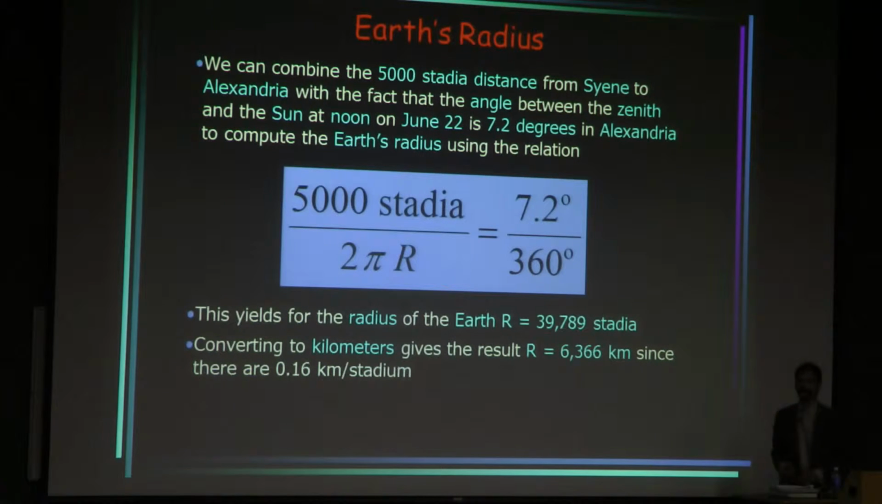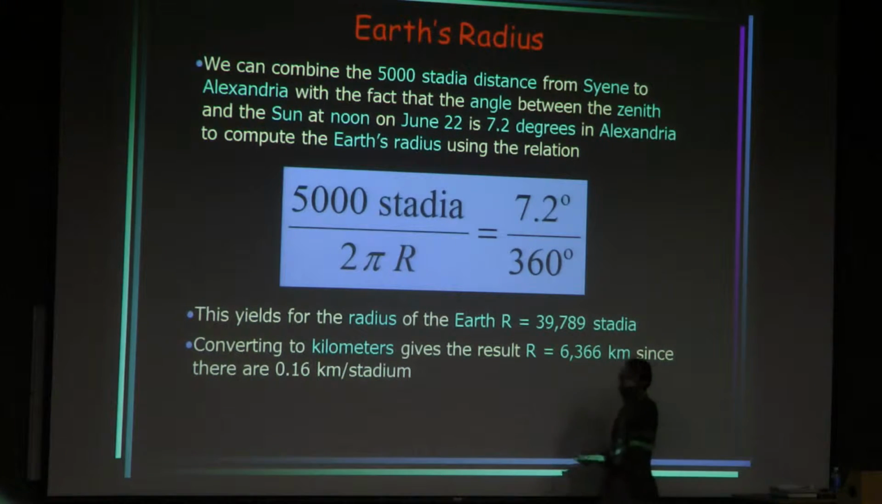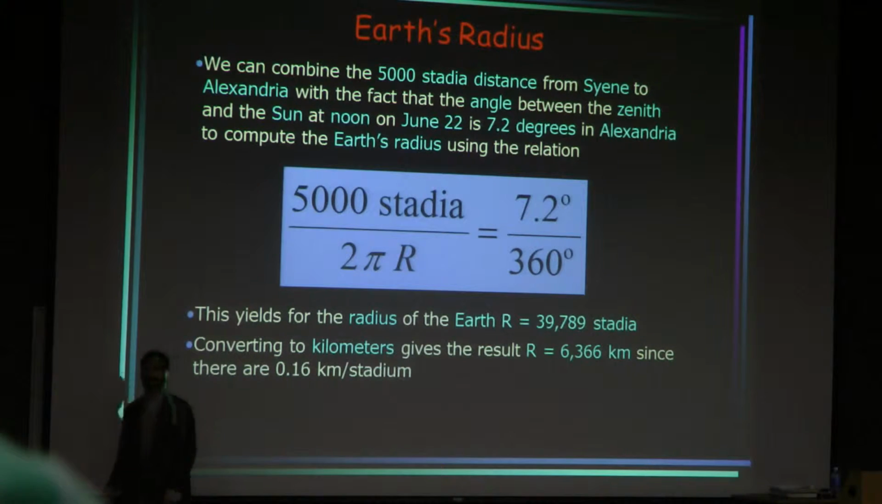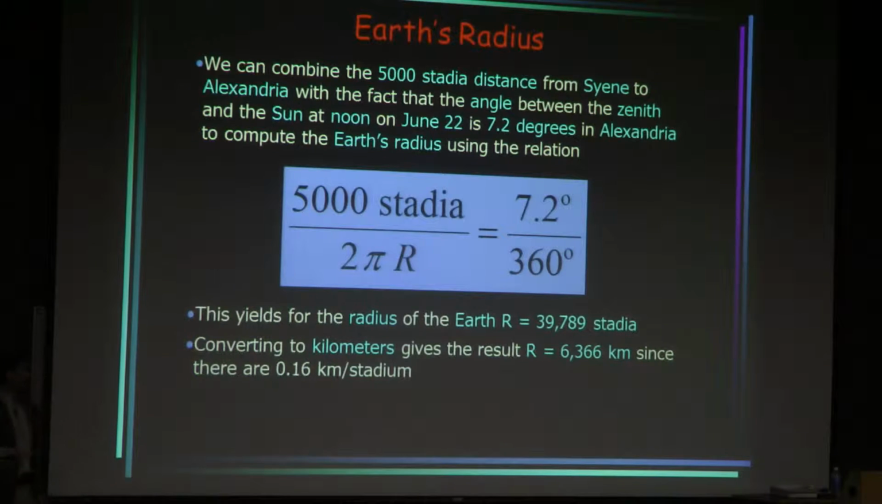39,789 stadia. Okay, that's not too meaningful if you don't know what a stadia unit is. It's a weird unit from the Romans or something like that. But we know from historical sources certain places where we're given distances in stadia, and then we can measure them in modern units and get the conversion factor. That's pretty easy to do. So a stadium is about 0.16 kilometers. And so now we can do the math and convert the radius of the Earth from stadia to kilometers, and we get 6,366. That's actually incredibly close to the correct